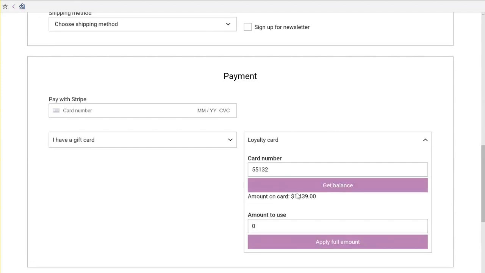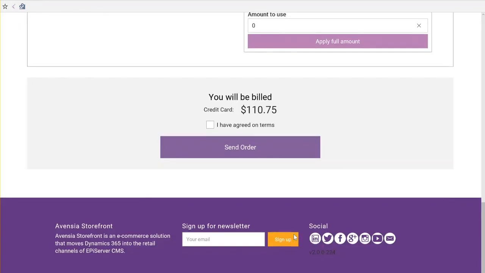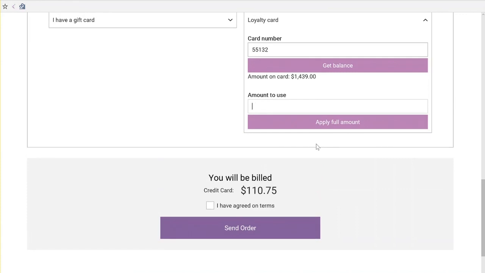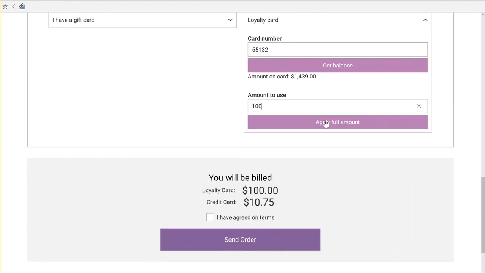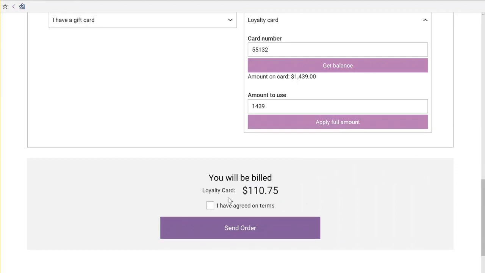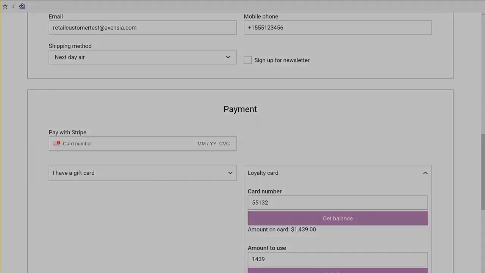You can see that my balance is $1,439. That's very generous. So I can say that I want to use, how much was this? I don't know, $100 maybe for that. Which means that I'm going to pay $100 with loyalty cards and the rest with credit cards. Or I can choose to apply the full amount and check out just paying with